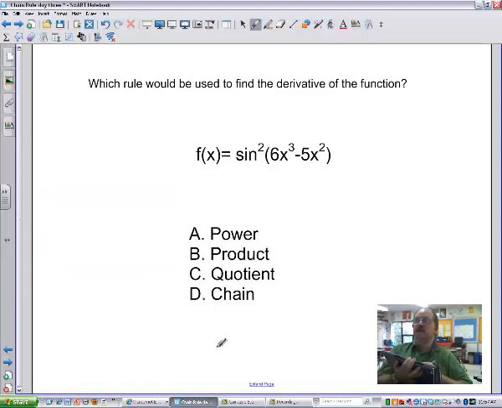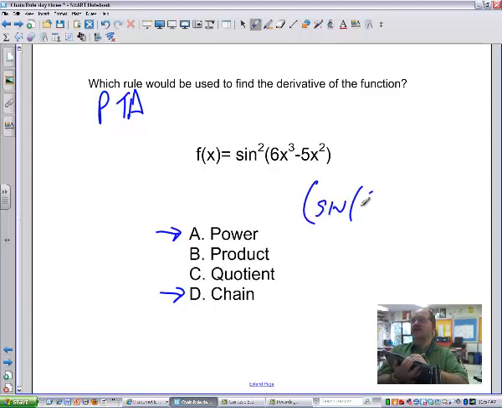Alright, so if you said the power rule, that would be part of the answer. If you said the chain rule, that would be the other part of the answer. Because remember, this is one of those PTA things. So we start with the power, and then the trig piece, and then the argument. And we'd quickly rewrite this, if we did, as the sine of 6x cubed minus 5x, squared, like that. And then we'd use our power rule first, and so it would be 2 sine 6x cubed